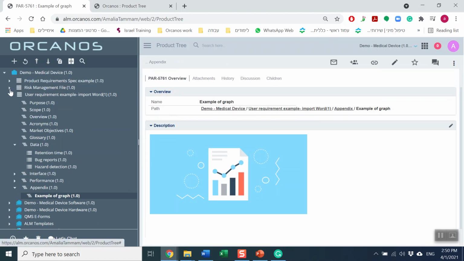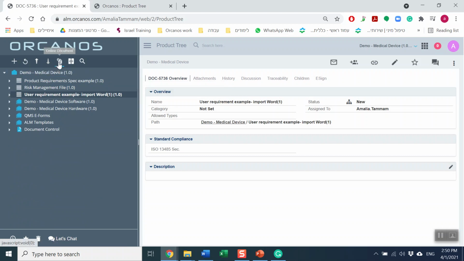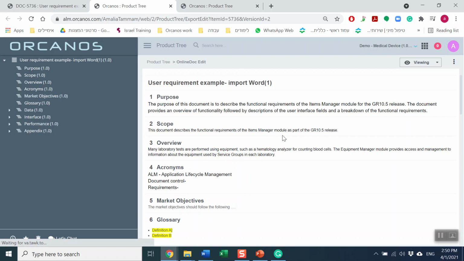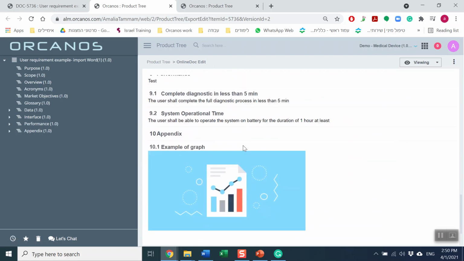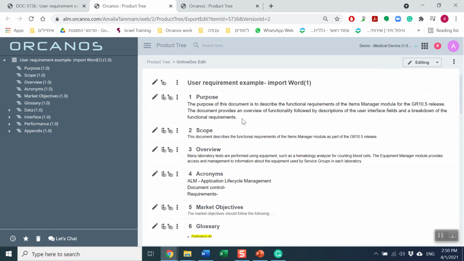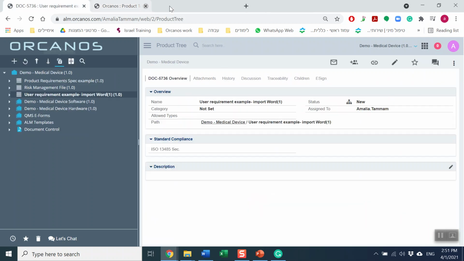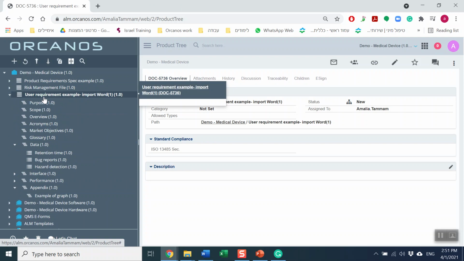To summarize, when looking at documents within the product tree and standing on a specific broken down document, you can always enter online document mode by clicking that button. This will take you to a viewing mode of your entire document so that you can review and make sure that the correct format was imported, or if you would like to edit a document in viewing mode instead of going through each work item in the product tree, you can do this in viewing mode as well. When done, you can exit and all the changes will be embedded automatically within the product tree view.